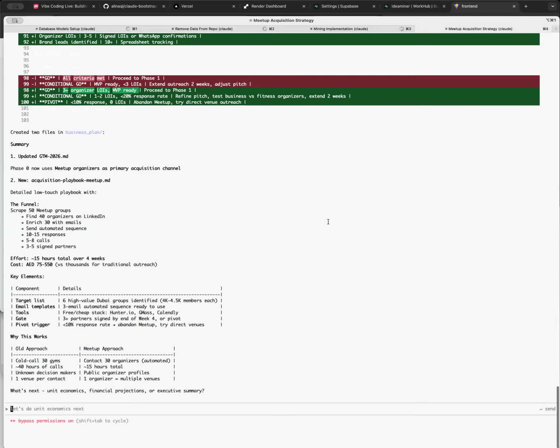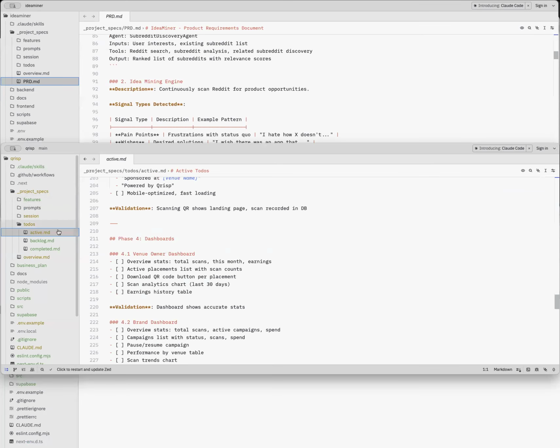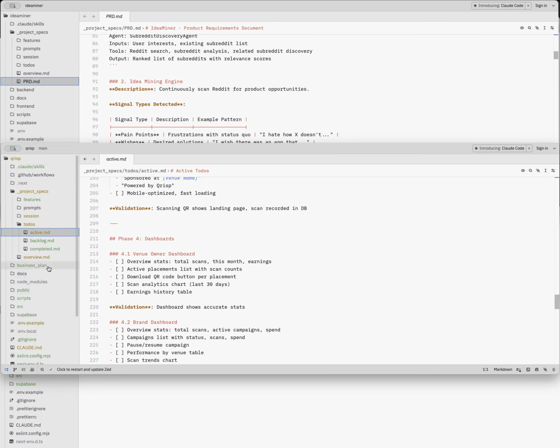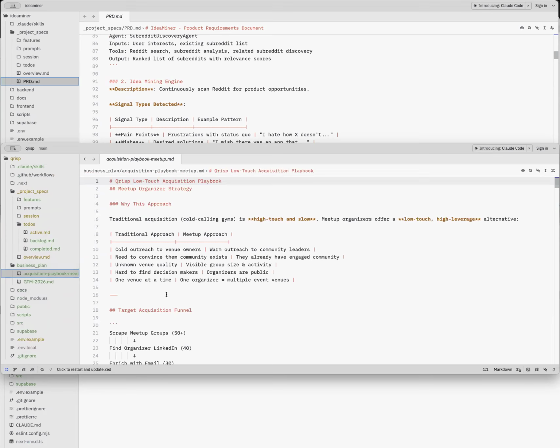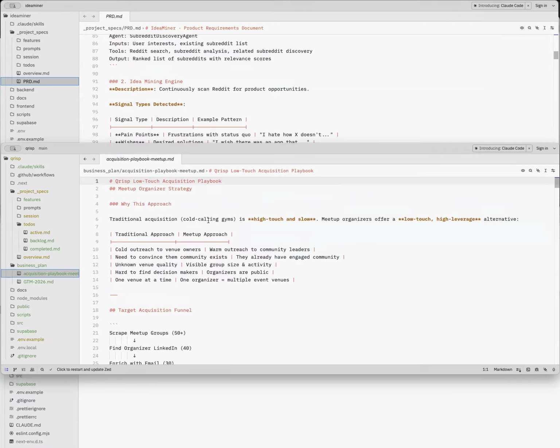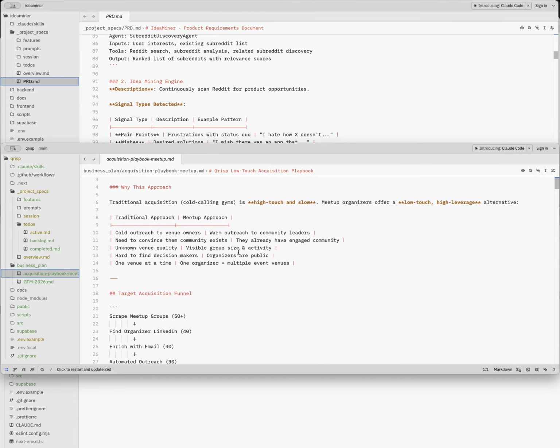Let's see what is going on in our business plan. All right, so it has updated the GTM 2026. Let's see the document, because it's giving the summary here, but in Crisp we can see the business plan as well. Here is our business plan, and here's the acquisition playbook. So Ankit, you can actually see that there's a playbook here as well. You don't really have to follow it, but just because it's there, that means you don't have a blank canvas, or as I call it,